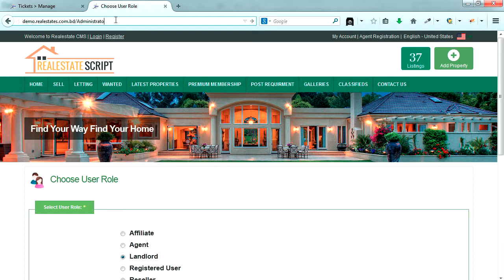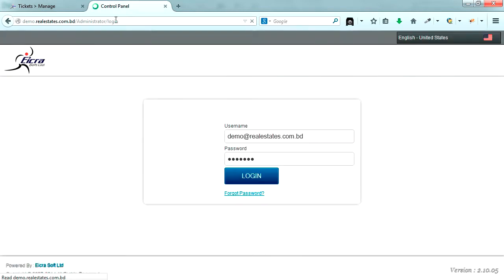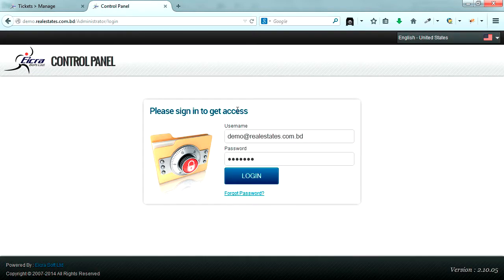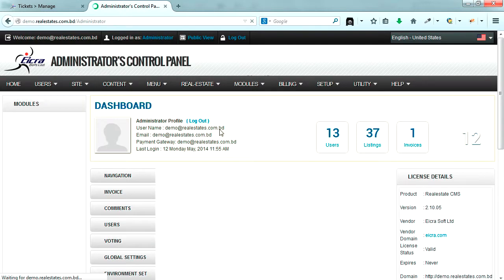Now we will go to our admin section and show you how we can play with this role, how we can make some changes on the privilege and access restriction, and how we can control this role using our backend interface. So this is our administration area. I'm going to log in to our admin and open our front end area in a side by side tab so that I can show you.